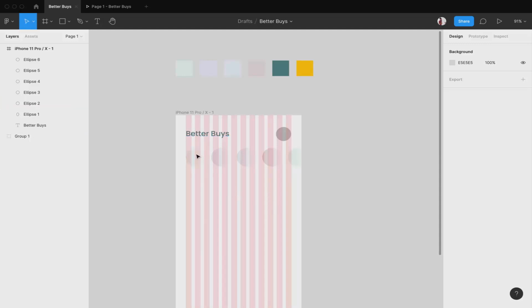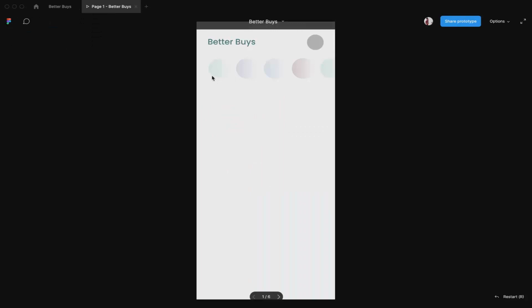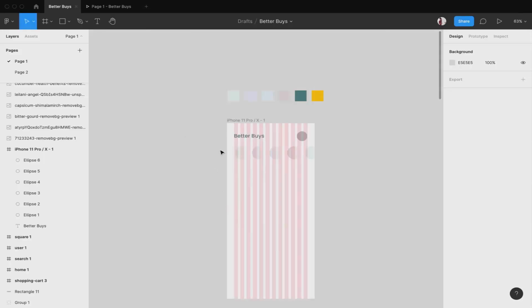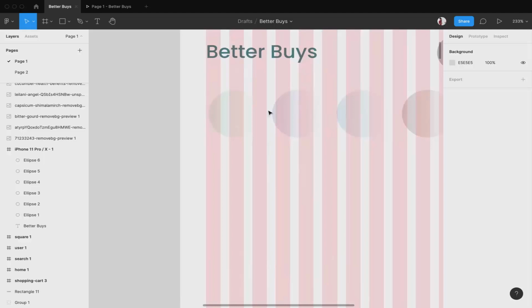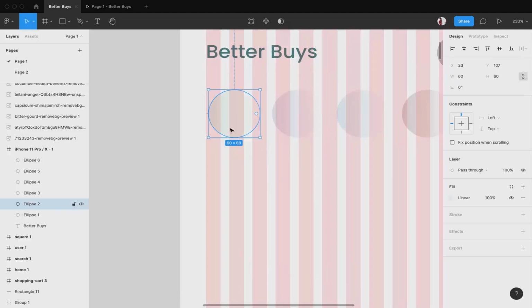Now this will be the categories. I will be adding the images and the content over here. So now over here you can see the colors are not that significant. Okay, so to make it a little bit more attractive, what I'm gonna do is I'm gonna cover it with a bigger circle.